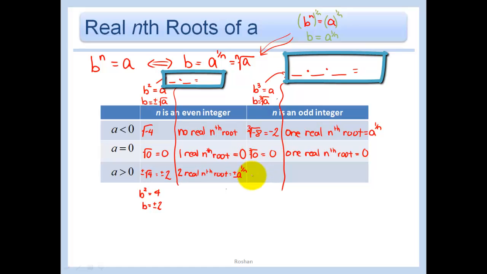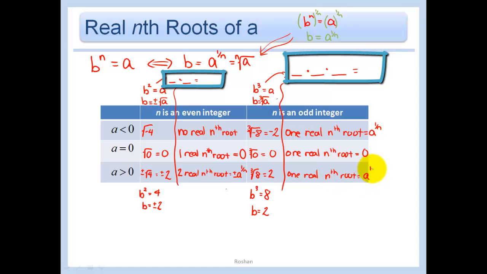Now what if I did the same thing with a cubed root? So in this one I'm asking myself, b cubed equals 8. Well, b only equals 2 in this one, because only 2 times 2 times 2 gives me a positive 8. Remember, if I had a negative 2, that would have given me negative 8. So here I only have 1 real nth root,